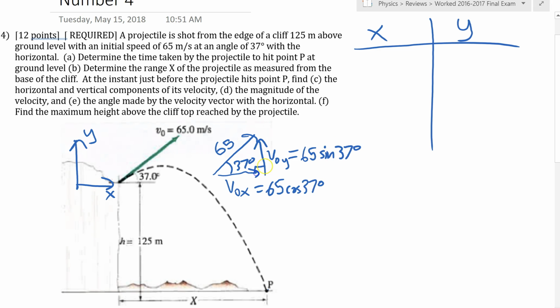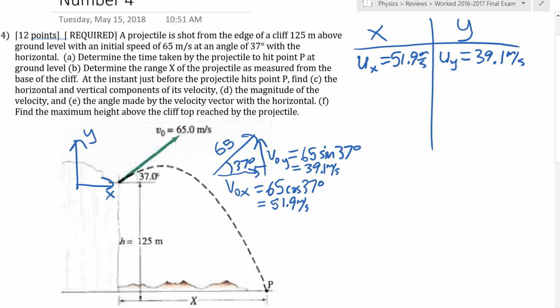And this is just breaking down the right triangle. Okay, so the information we know in the x direction is that the velocity will be 51.9 meters per second. We know that the initial velocity in the y direction is 39.1